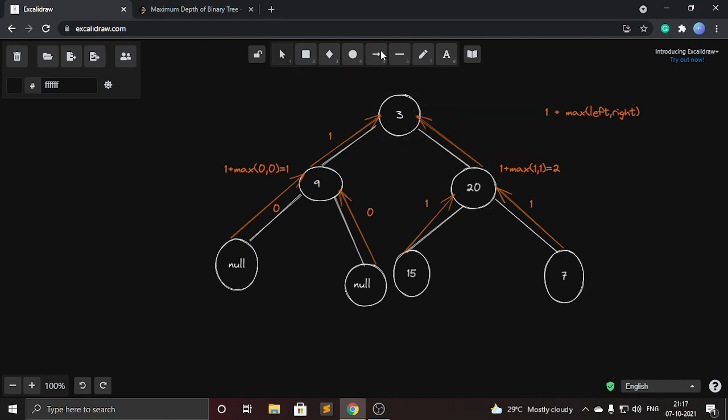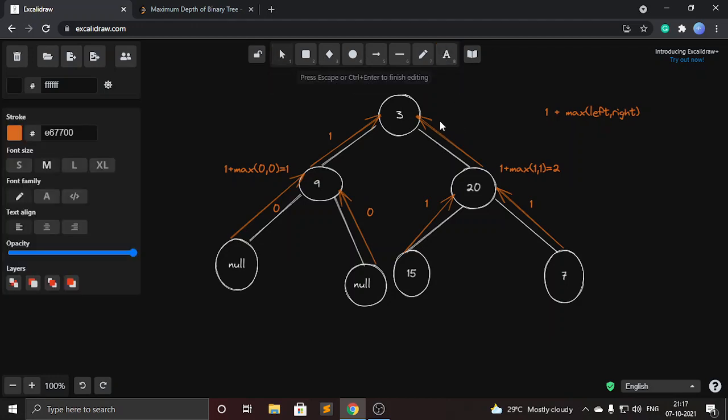So 20 will return 2. Now for 3, from the left side of the tree 3 has got 1, and from the right side of the tree 3 has got 2.